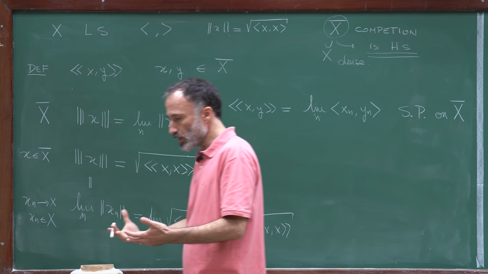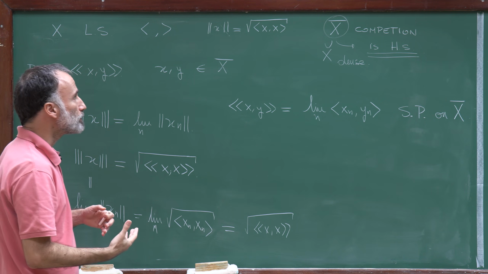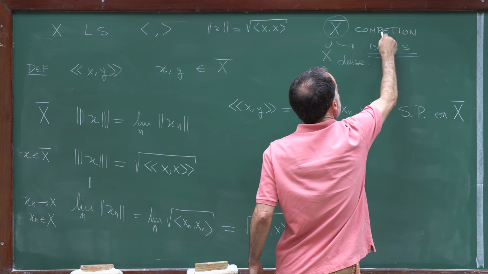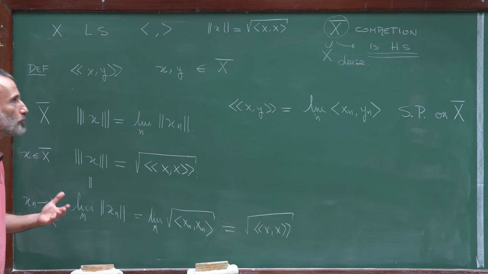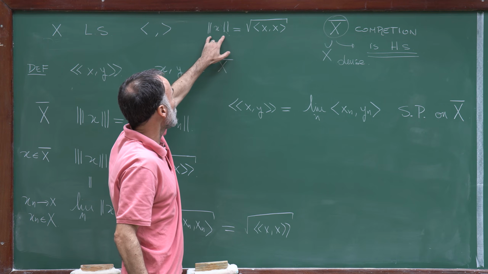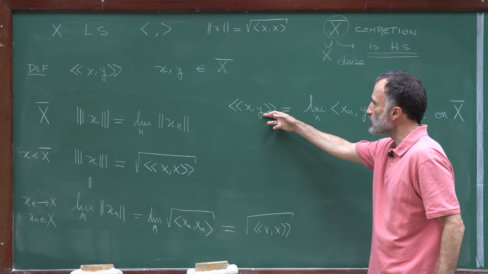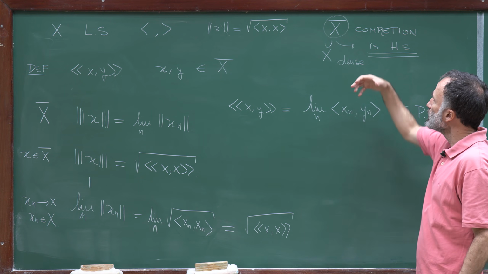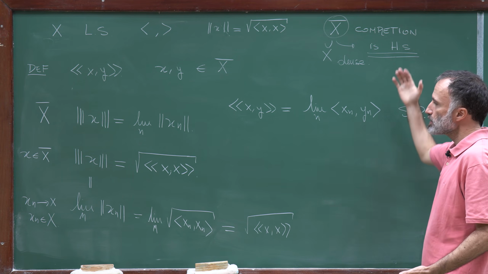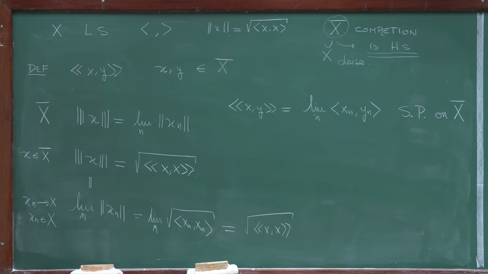Therefore, if you start with a Hilbert space, if you start with a space with a scalar product which is not complete, and then you follow the procedure of completion which I presented when we introduced normed linear space, we obtain at the end a complete space with respect to that norm. In this linear space, we actually have a scalar product, and therefore this completed space is a Hilbert space. So if you start with a scalar product and you proceed to complete the space, what you get at the end is a Hilbert space.